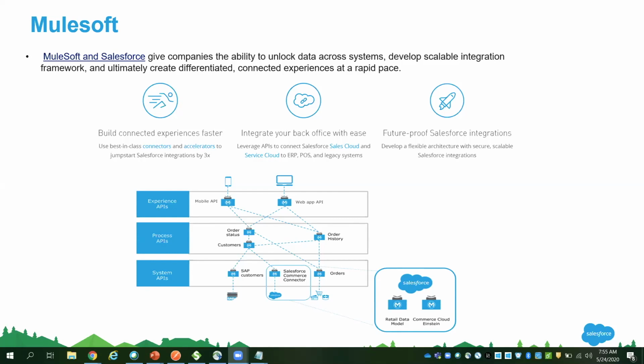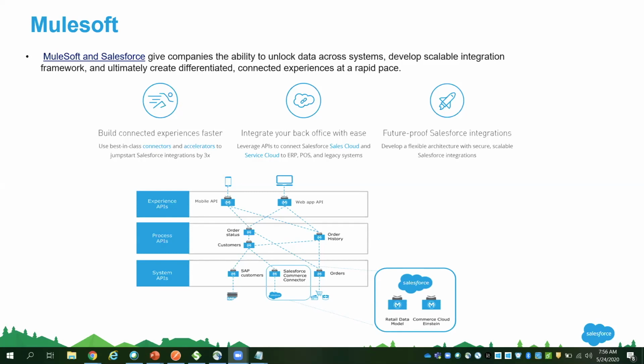If we use MuleSoft, we only need to change the part of how to interact with MuleSoft. That's it. The rest, all the process APIs interacting with the destination system, stays intact. That's the advantage. Mostly for scaling the application,